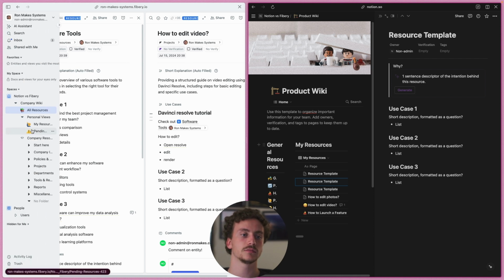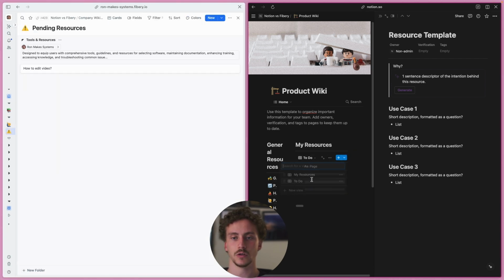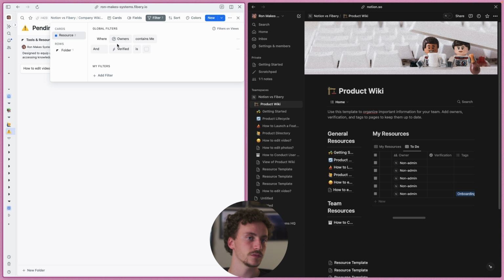Last thing I didn't show is the pending resources to do call over here. Let's put this away for now. This is just a filter that shows where owners contains me and verified is not. Notice the difference in filters. So this is global filters. This is on always,